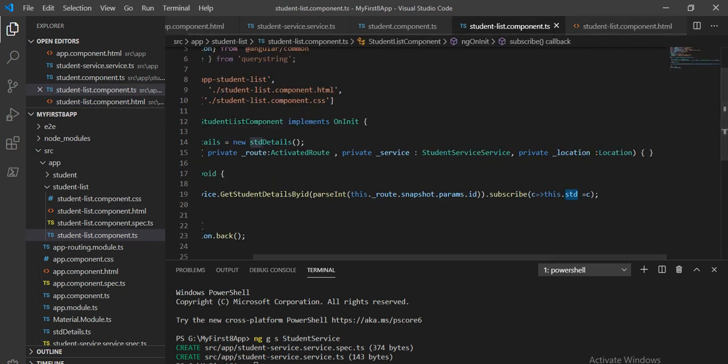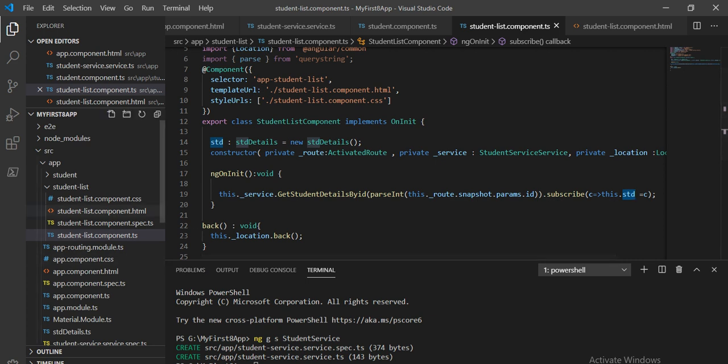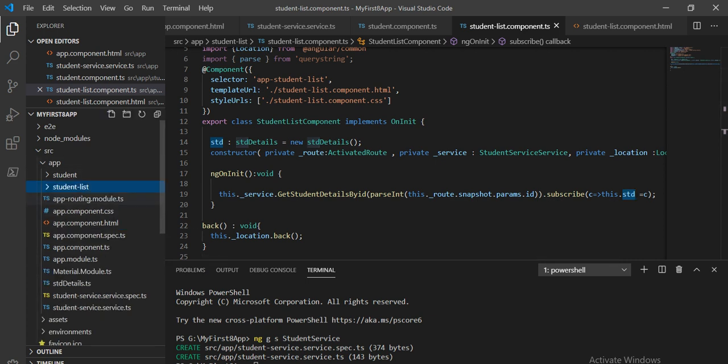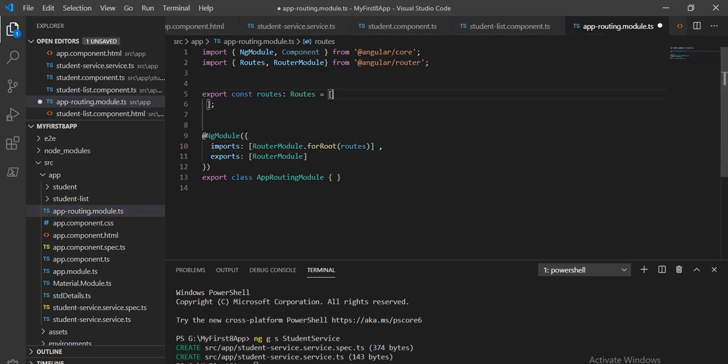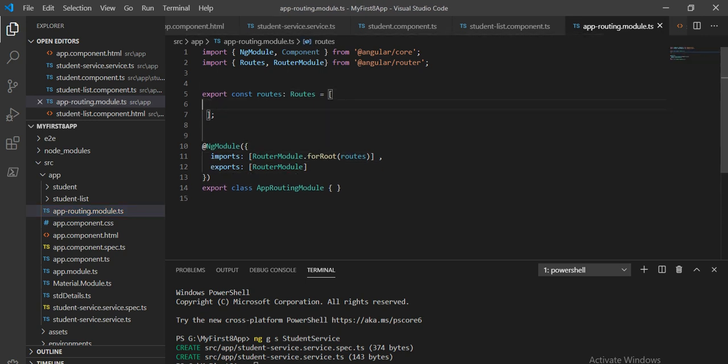So now next thing we have to do, we have to give this path under the app.routing.module, so that we have to define. We already have seen how we define the path inside the app.routing.module, so let's create.